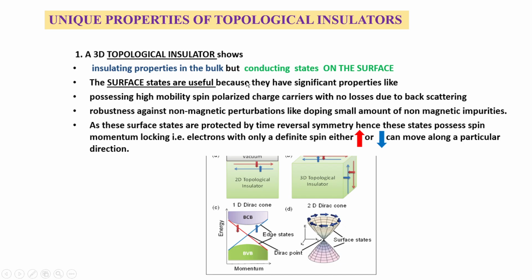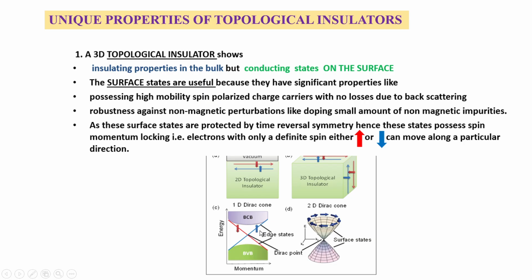So, there are some unique properties of topological insulators. A 3D topological insulator shows an insulating bulk but conducting states on the surface. In the bulk, it shows cyclotron orbits because there is an induced internal magnetic field in the material, and due to this electrons circulate at a certain position. This shows a gap in the bulk, and due to this there is no conductivity in the bulk, but the surface is conducting with spin polarized electrons, and at one time the